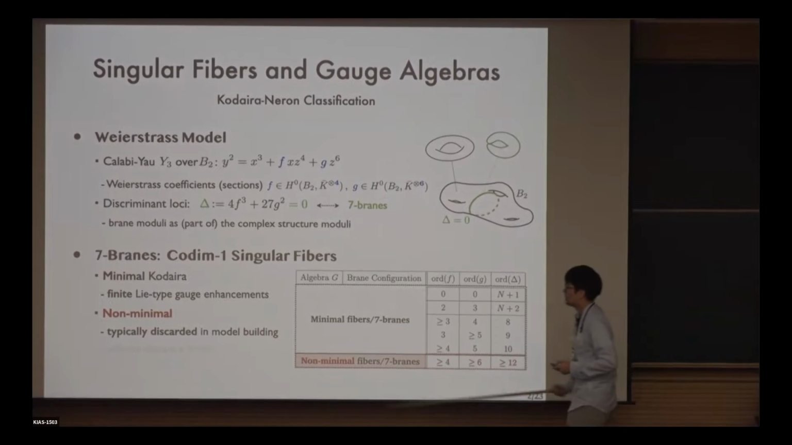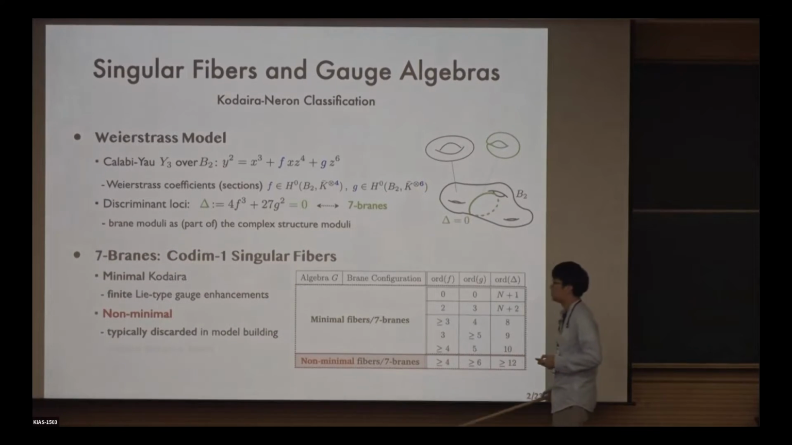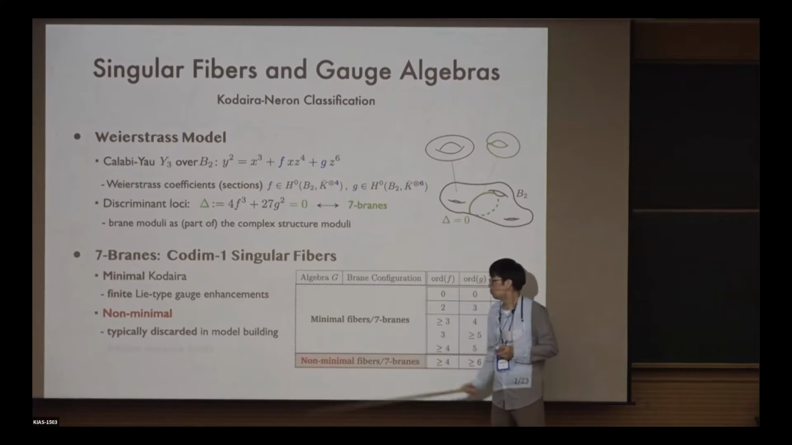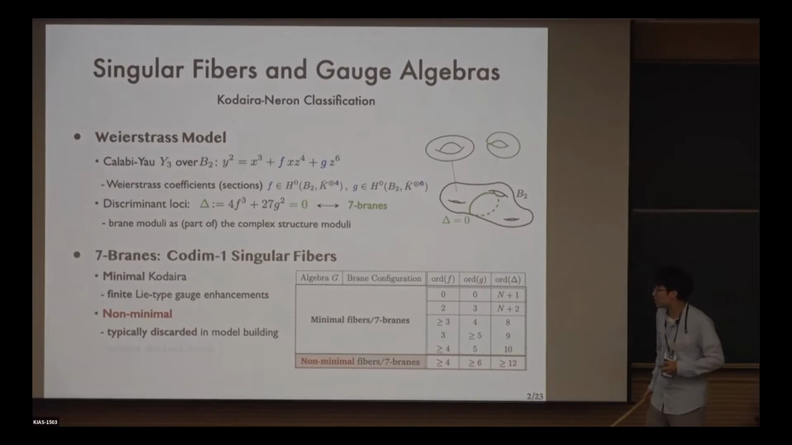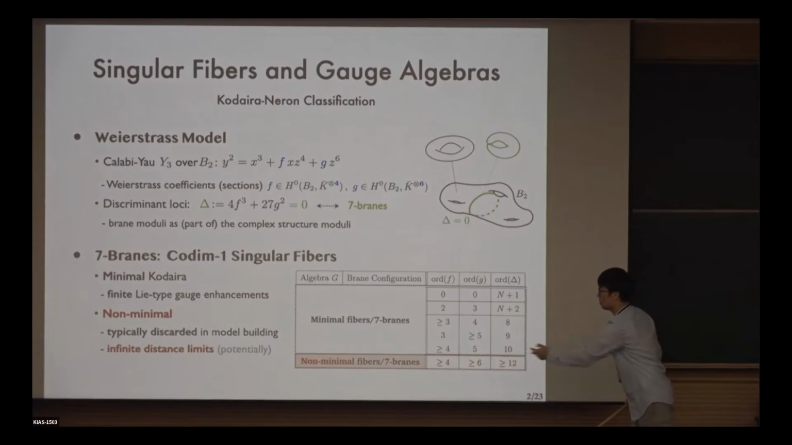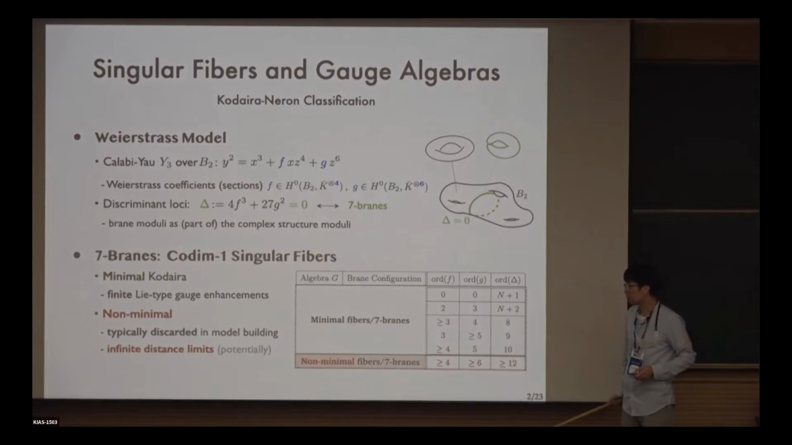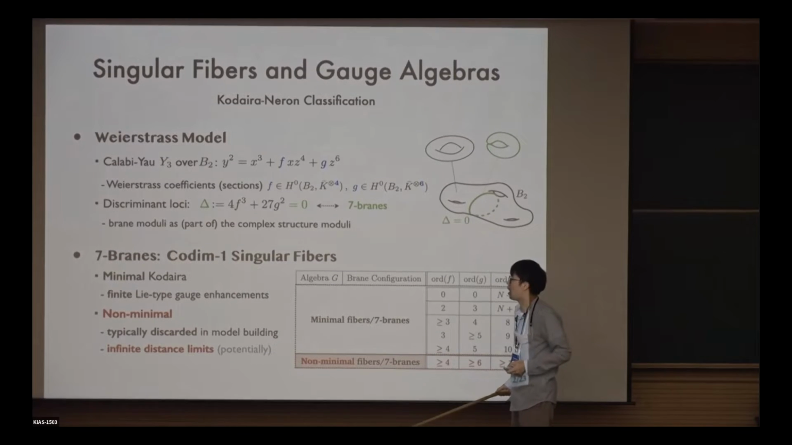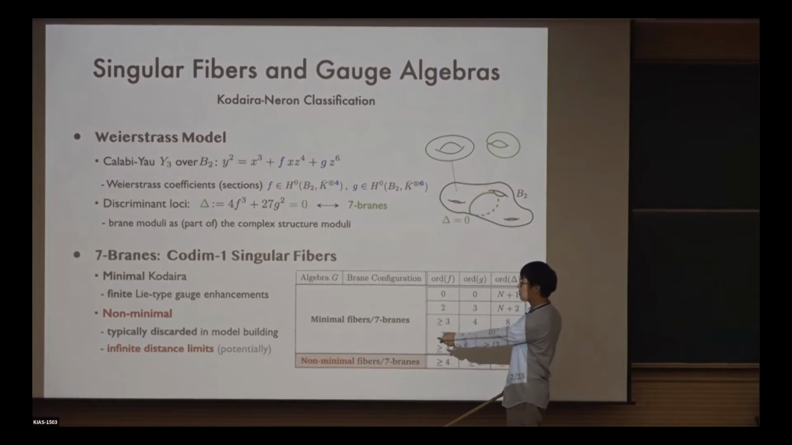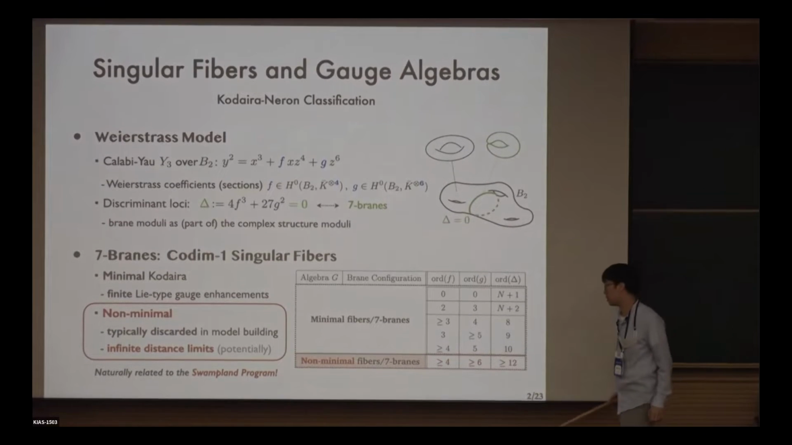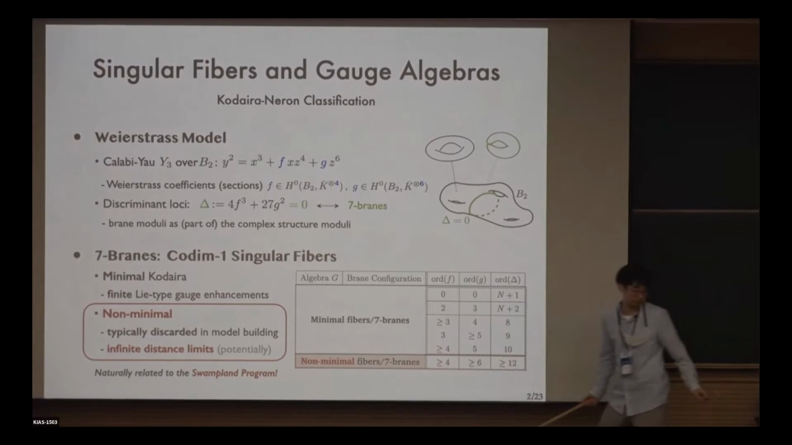Now, as I said, these minimal Kodaira fibers sit at finite distance in the moduli space, so you might think that these non-minimal ones would probably lie at infinite distance. And indeed, this turns out to be almost true, modulo a small technical caveat, which I won't discuss today. But in any case, for this reason, non-minimal 7-branes are natural objects to study also in view of the so-called swampland program,